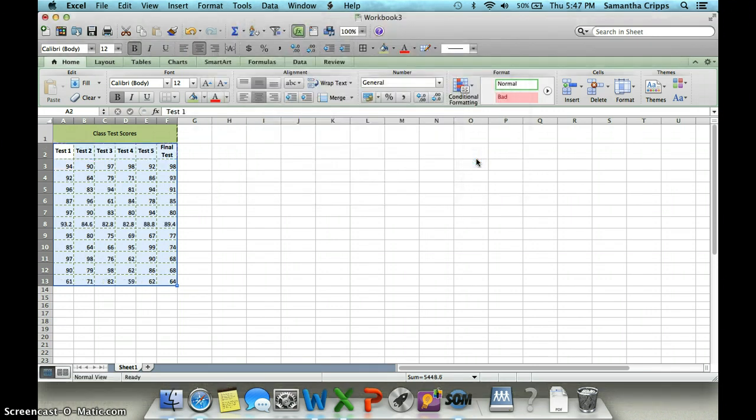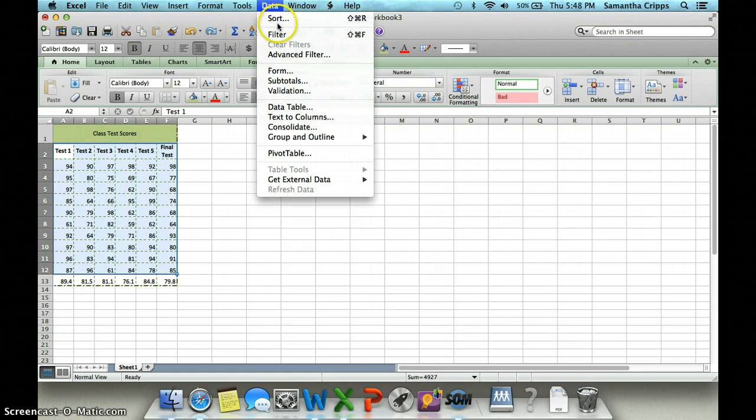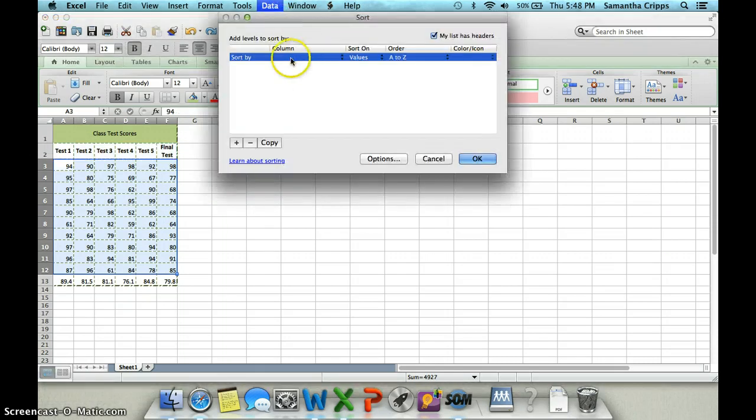And as you can see, it sorted all of my values. You can also see that I made a mistake as I sorted. My average row is now in the middle of my table. It sorted it along with the rest of my data. So I will need to go back and fix that. I'll go ahead and undo, and I will make sure that this time I do not select that average row as I go to sort. I can apply the same rules that I did the last time,